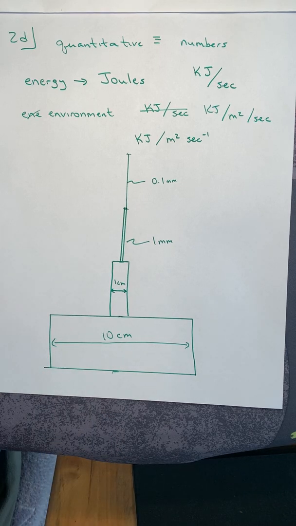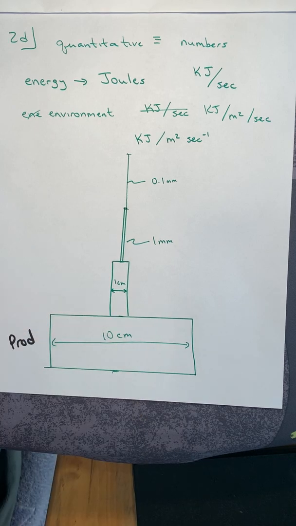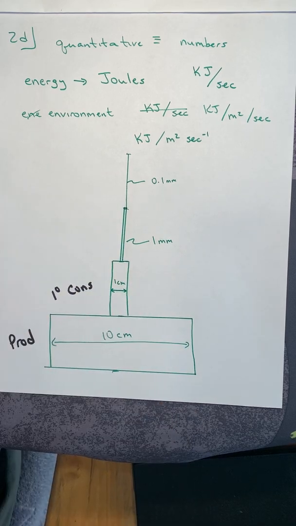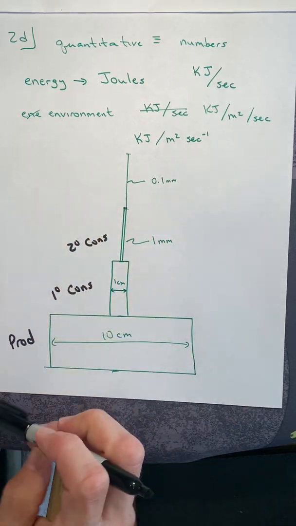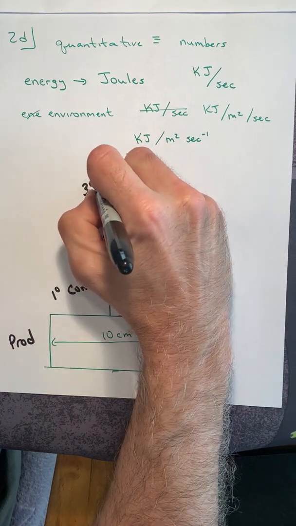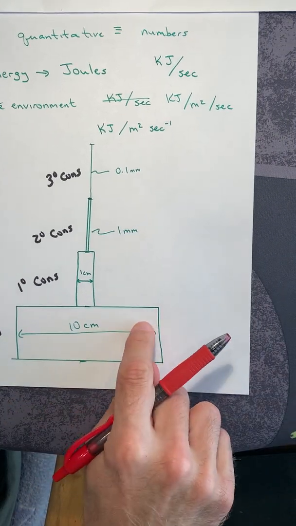So what you have here then is here are your producers, like your grass. Here's your primary consumer. What we talked about earlier was probably a grasshopper or some other insect. Then a secondary consumer, something like a frog, right? And then a tertiary consumer. So look at how quickly this energy decreases. It's dramatic, okay?